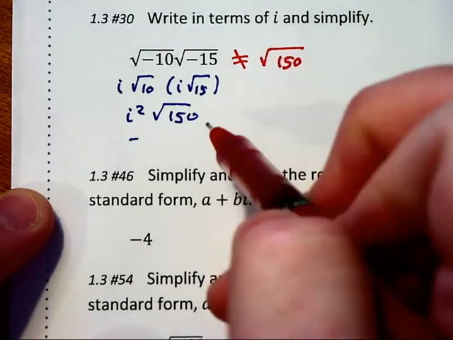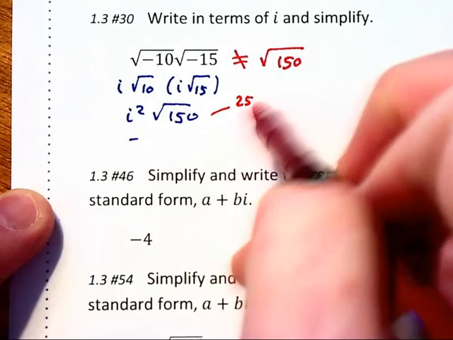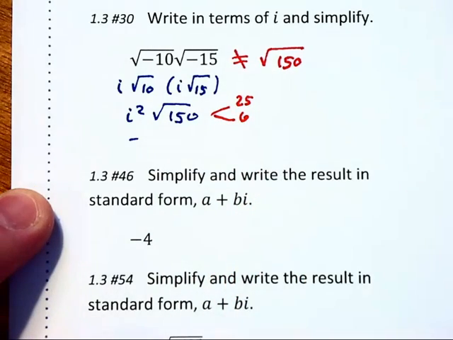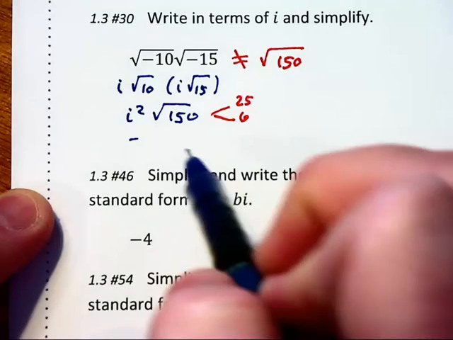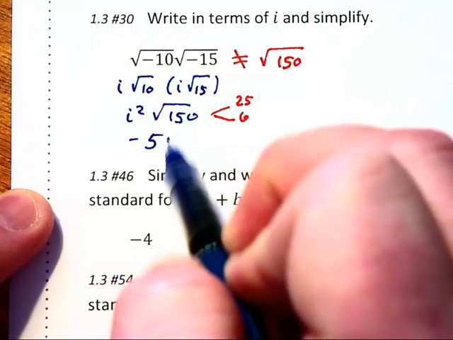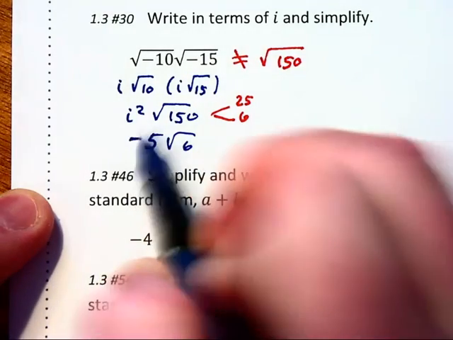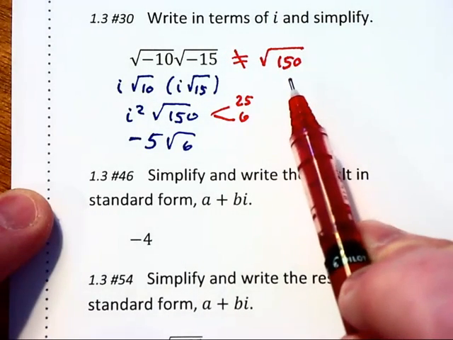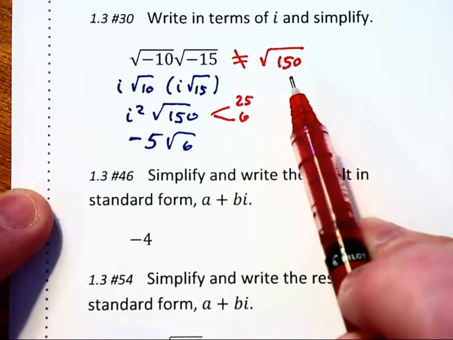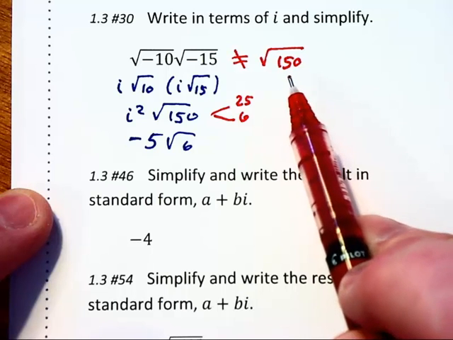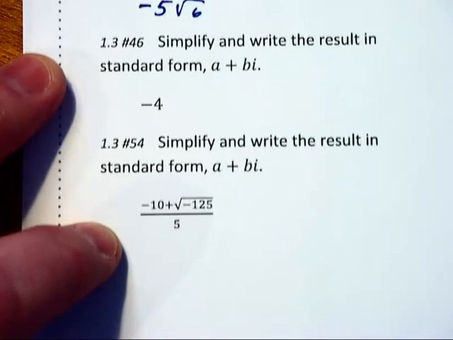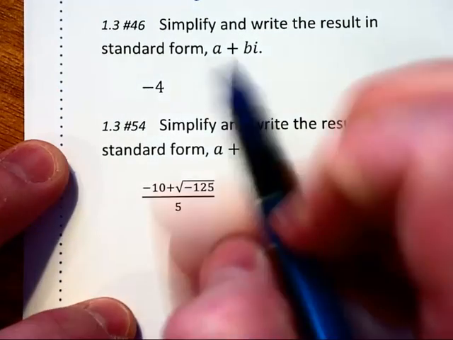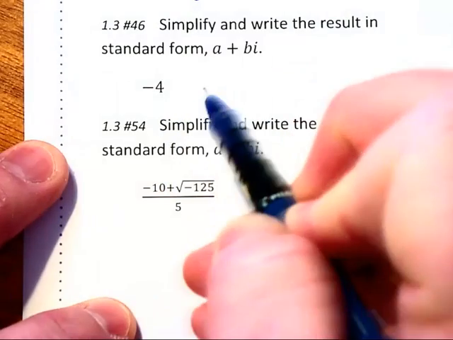The 150 turns out to be 25 times 6, and the square root of 25 can be broken down into a 5 root 6. And this gives us -5 root 6. Had we simplified the square root of 150 instead, we would not have had the negative value that we do have here. When we're dealing with complex numbers, if we do not have the imaginary part, we can rewrite this